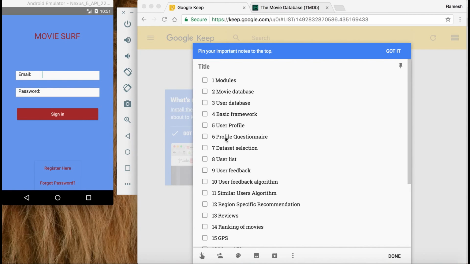We are presenting the MC Group project demo. We are group 19. We are presenting a movie recommendation application, Movie Surfer. Our idea is to provide smart recommendation based on similar users, region based recommendation, and recommendation based on the genres